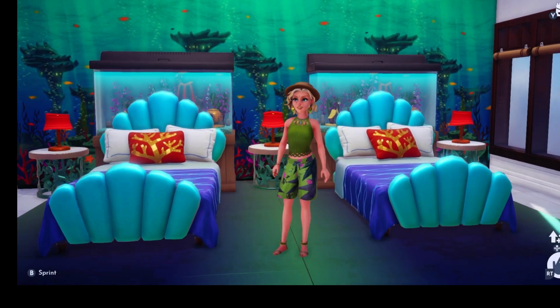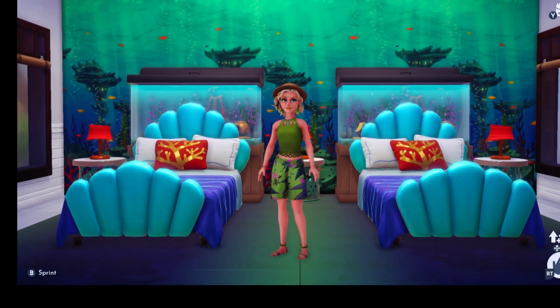Oops. Whenever I walk this way, the camera gets Eric's butt. It's really funny. Anyway,